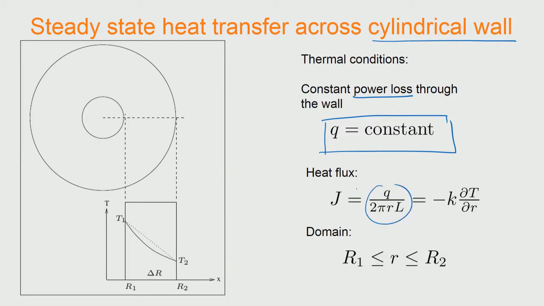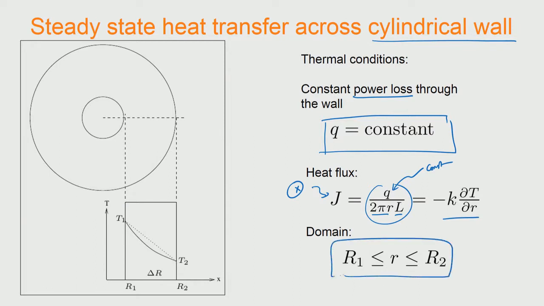So, at any r, the cross sectional area over which the heat flux is happening is given by the perimeter 2 pi r into the height L of the cylindrical surface through which the heat is flowing, and that is equal to minus k dT by dr, and it is q which is constant. This is constant, but not this. Okay, this is not constant. So, this is where the difference between the cylindrical and rectangular coordinate systems will come,